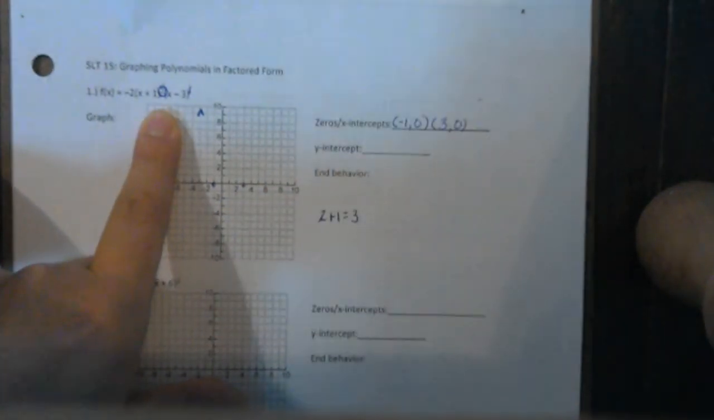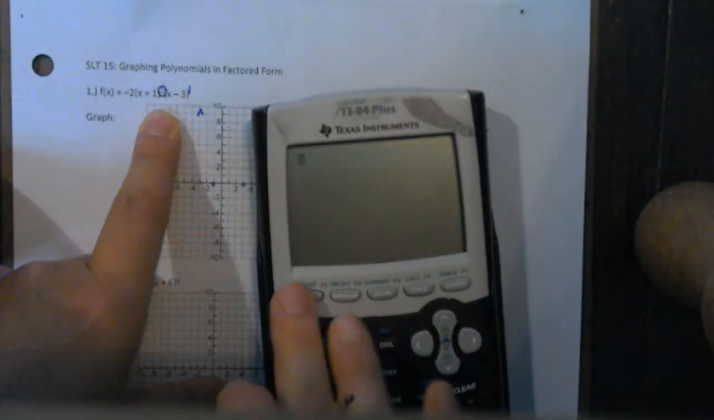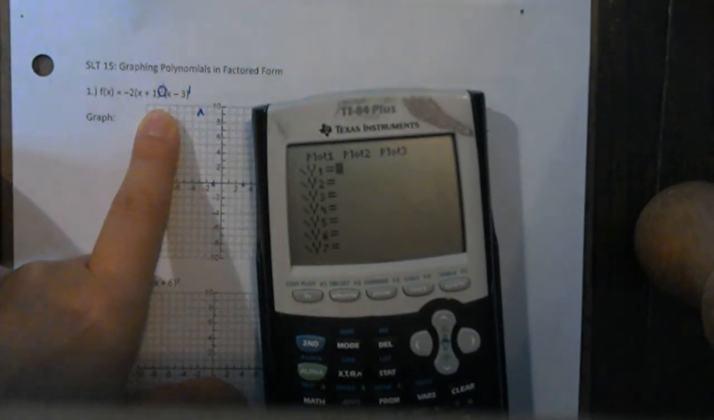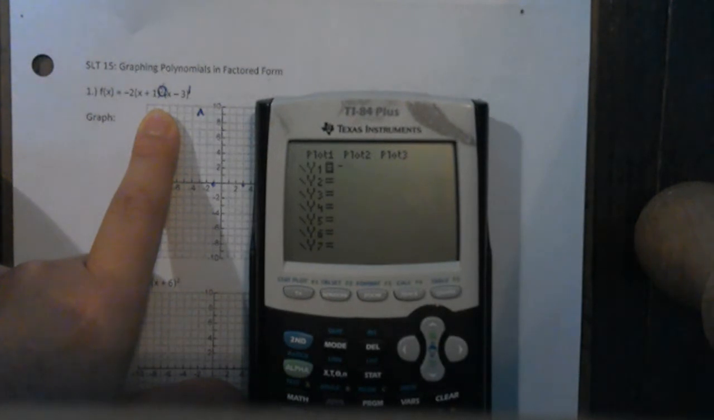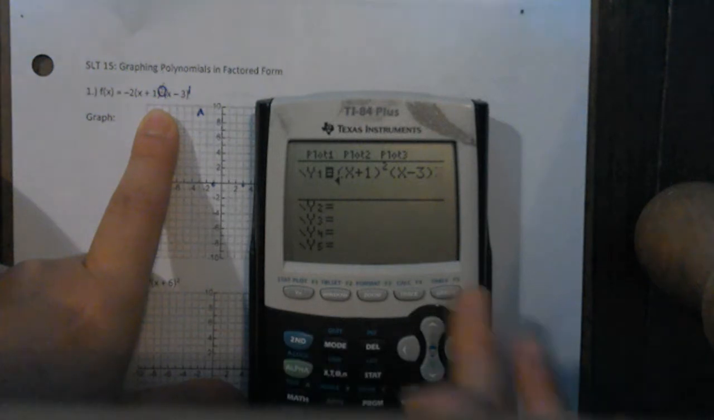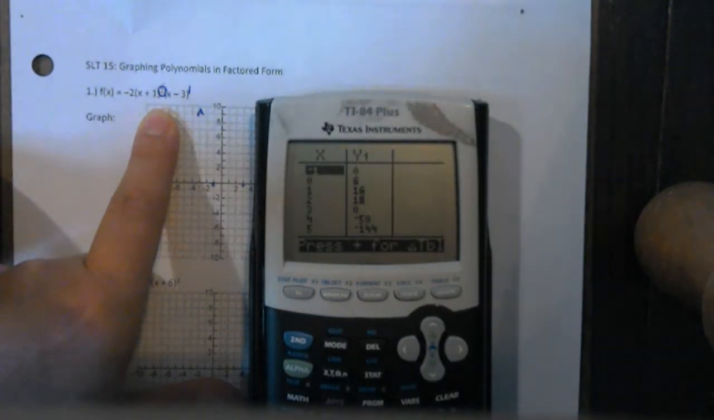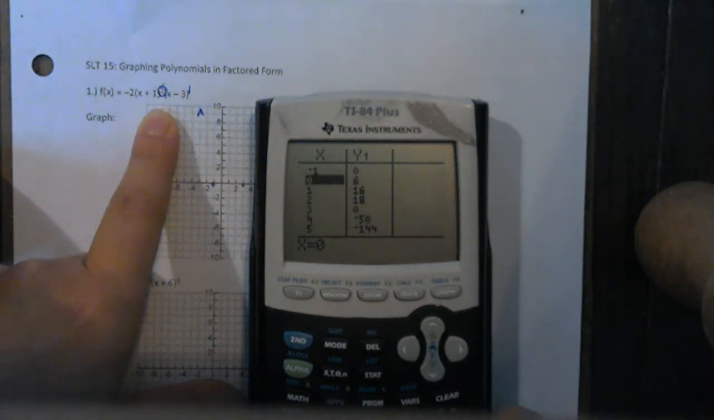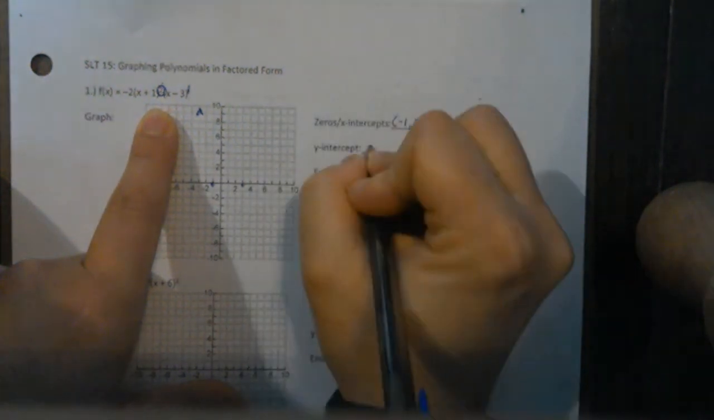Now we're going to take our graphing calculator and go to y equals. In the y equals, we are going to type in this function. We will then hit second graph. You will see a table where it says (0, 6). That is our y-intercept. We will put that here